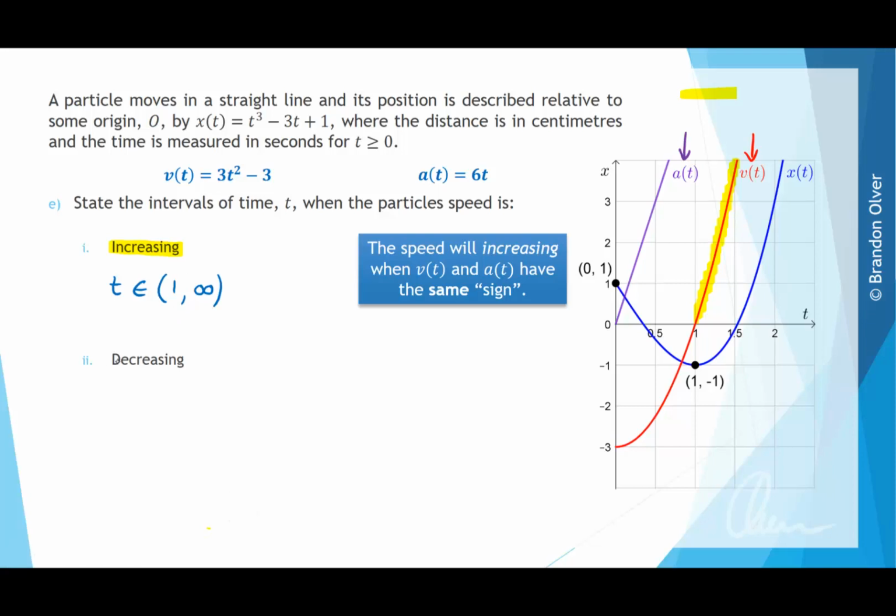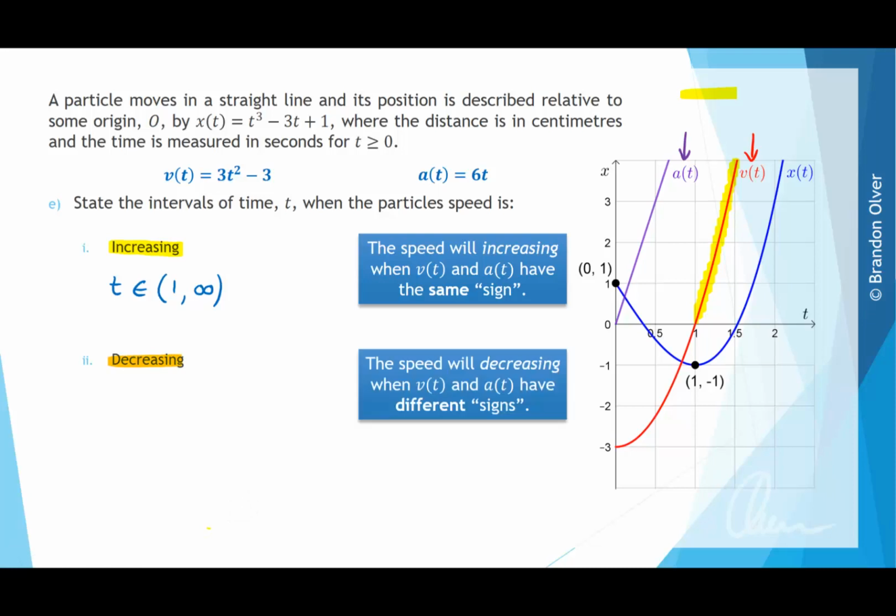For part 2, we're going to have a look at when the particle speed is decreasing, and this occurs when the velocity and acceleration graphs have different signs or opposite signs, so one being positive and the other being negative. So on the graph to the right, you can see that the velocity graph is negative down here, while the acceleration graph is positive up here. Therefore, the particle speed is going to be decreasing for t is an element of 0 not included until 1 not included,